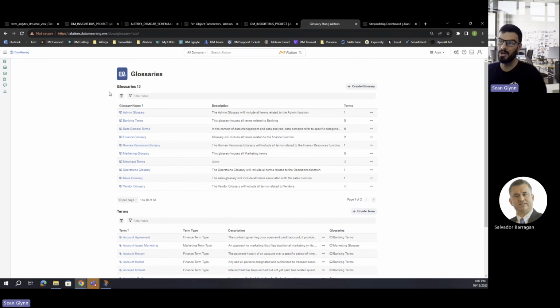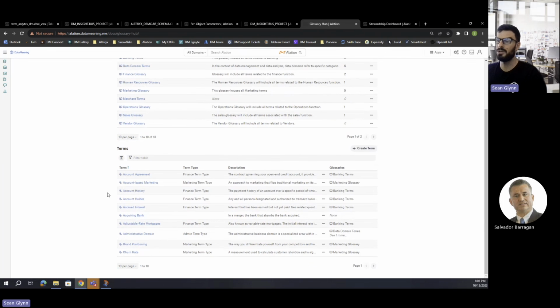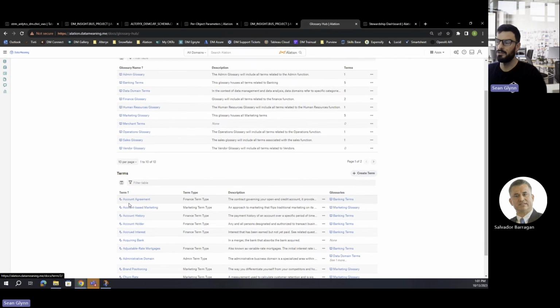So if you were with us during the policy section of the webinar, you'll see this page is laid out the same way, where we have our terms at the bottom, as well as the ability to group those terms by a particular glossary type. You can see we've broken this out by departments, but it's important to start building this out as well, and leveraging these terms by embedding them into descriptions as you're building out those fields for your data objects. But it's something not to be overlooked,